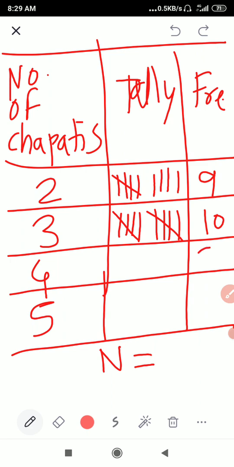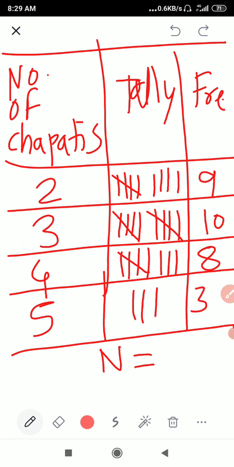If you are counting 4s, that is 8, 1 2 3 4 5 6 7 8. Now if you are counting 5, that is 3, 1 2 3. If you are adding, you will get the total frequency n is equal to 30. So like this you have to solve the problem set 55, children. If anyone has a doubt, just ask, but while solving you have to keep the textbook along with you. Yes, okay then, thank you.